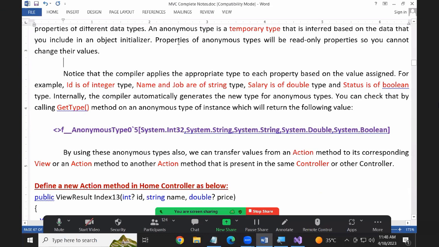Properties of anonymous types will be read-only. See guys, these are read-only properties. You can only get the values, but you cannot set the values. So we cannot change their